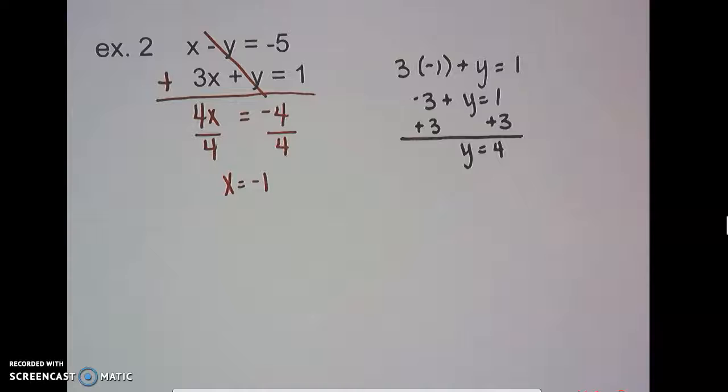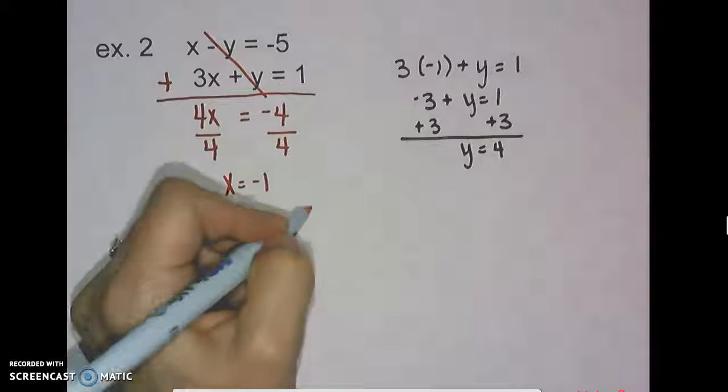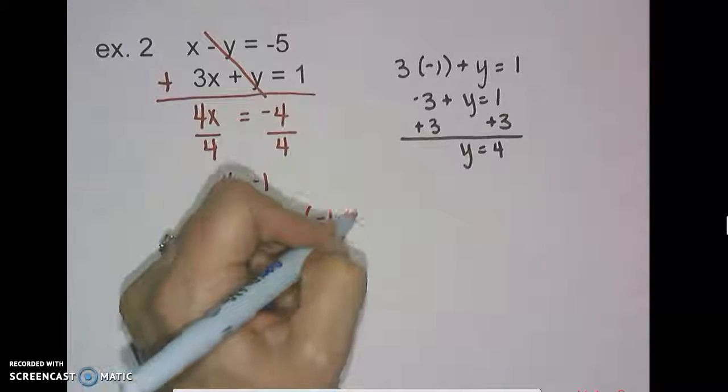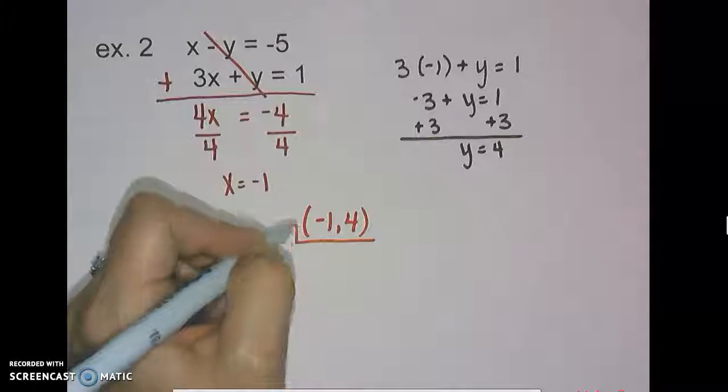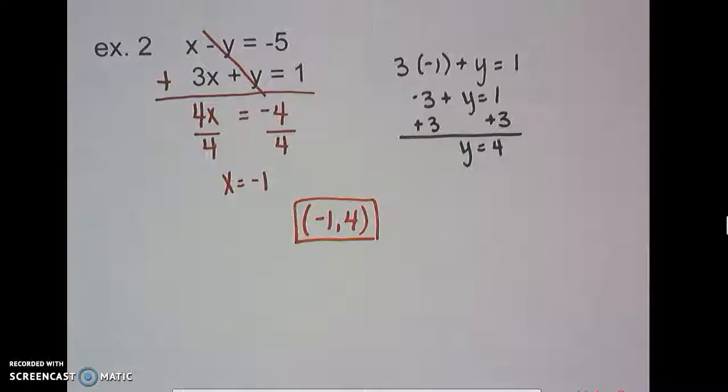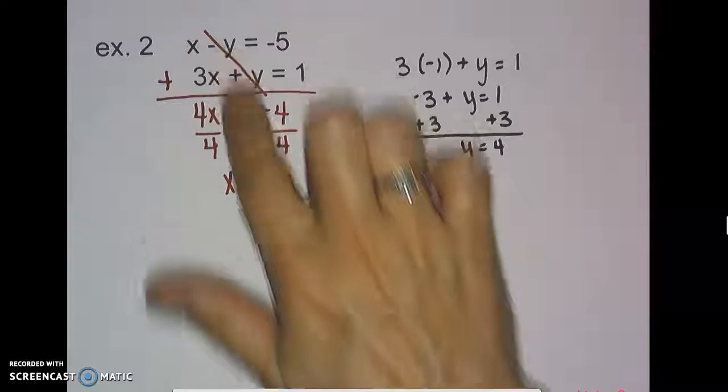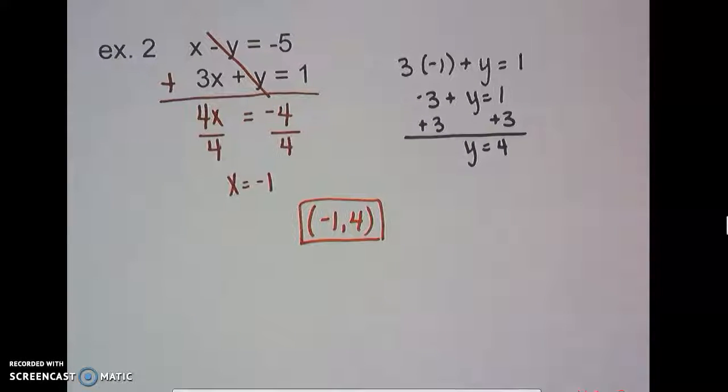So now that we have both x and y, we're going to write them as an ordered pair. X, comma y, so -1, 4. And that's our answer for this question. Again, you can double check that by plugging these numbers in to both the original equations or by graphing them